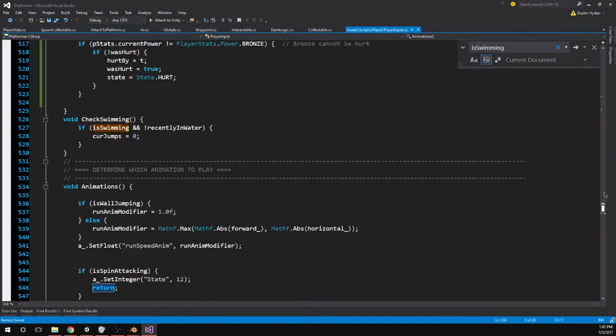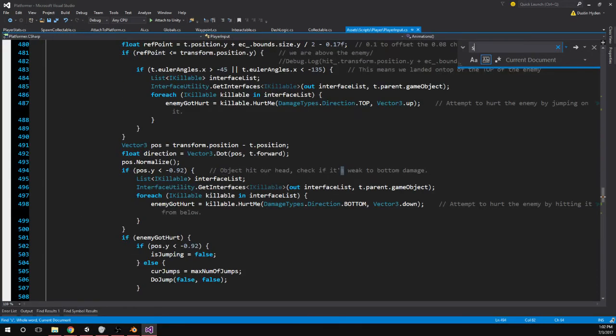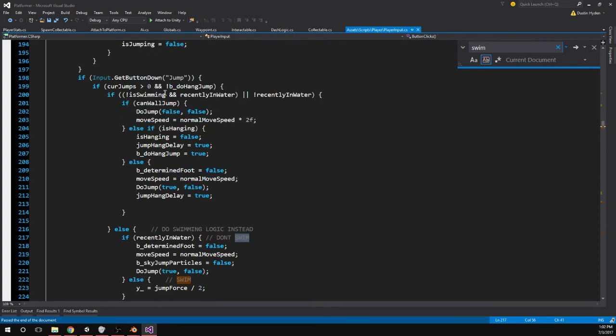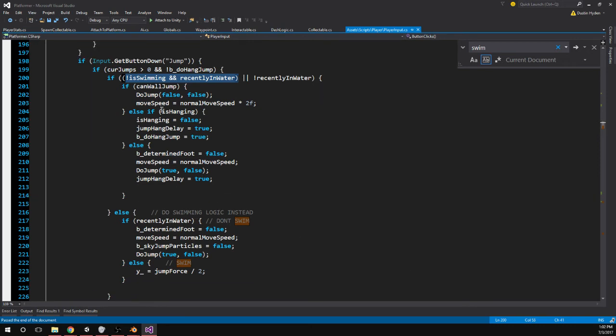Alright, now. Swim. If we're not swimming and we were recently in water, or we're not recently in water, is this just always called? No, it's basically if we are swimming. Because this here and this here... Oh no, this is different because this is a combination. It's not both. I see. Yeah, sorry, my stream is not handling all that well today. So if we're not swimming...